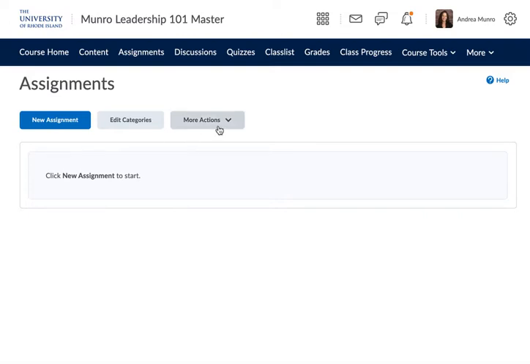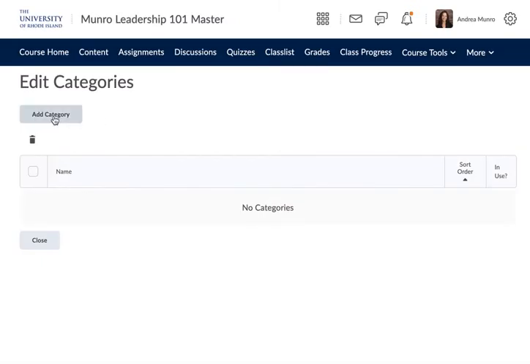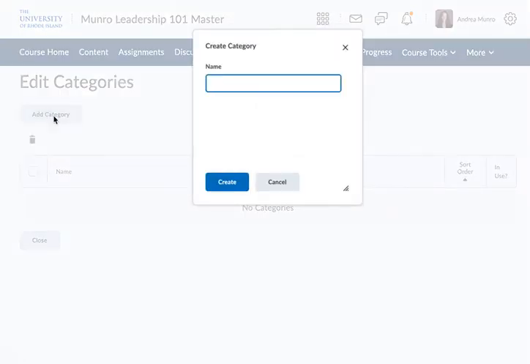Now, in a true 14-week course, I may have quite a few assignments, so I may choose to have those organized by category. If that is something that I choose to do, I can click on Edit Categories, and from here I can click Add Category. And this will just allow me to organize my assignments by category. So let's say, I had reflection papers, maybe there was homework assignments, maybe there was practice assignments. So that, again, is just a way to help students stay organized and understand where they are to submit individual